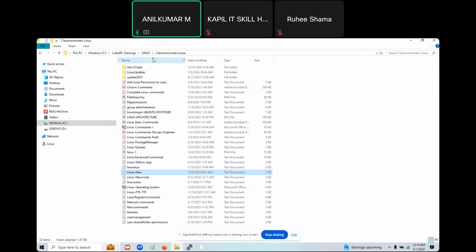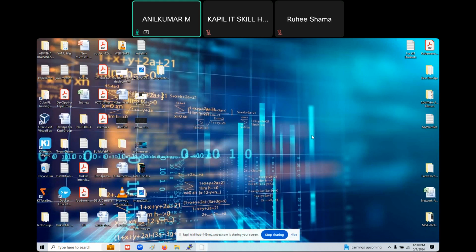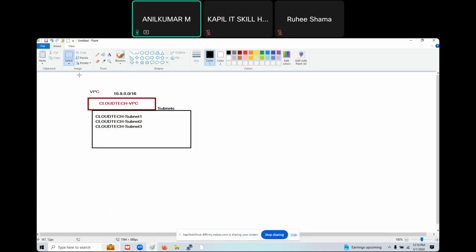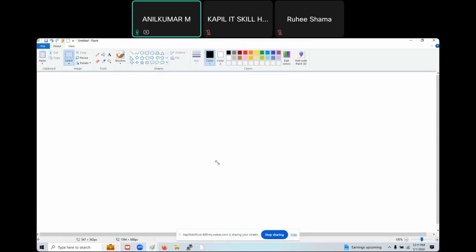So after this, now I would like to work with the Linux commands. How can I practice? Usually, earlier days, what happened is we had to install the Linux operating system. Suppose now this is your